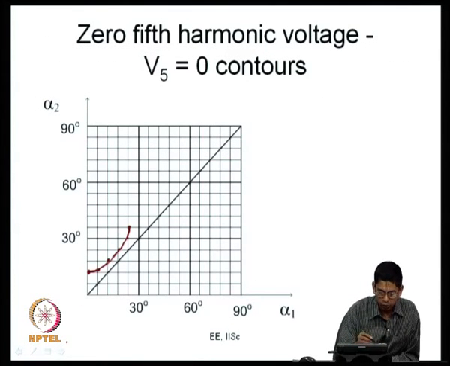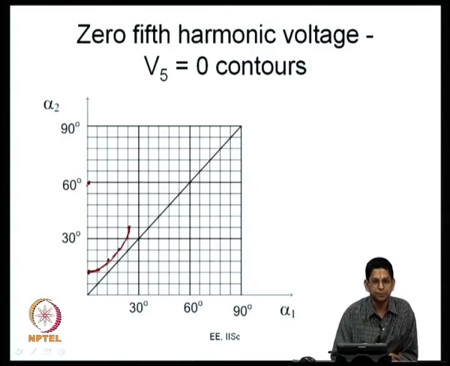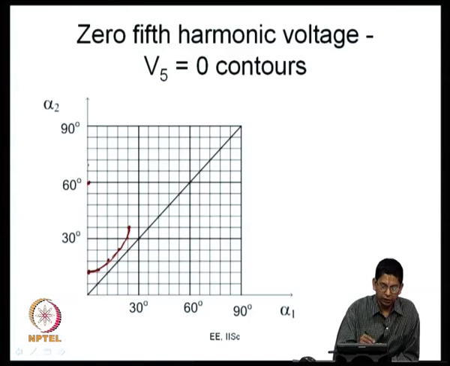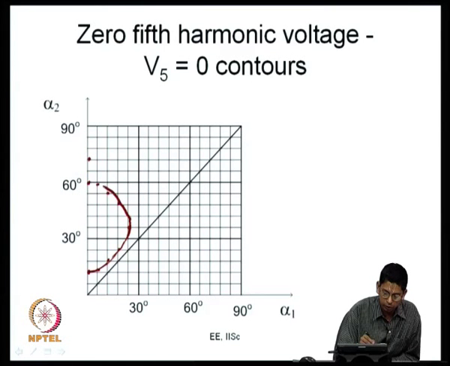So, at this point you also have one more point like this. In fact, if you consider all of them, there is not just 300, 420 degrees is also a solution. 5 alpha 2 is equal to 420. So, that is 84 degrees. So, if you look at these solutions, the next solution may really go beyond the range of our interest now. So, let us stop there. If you consider all those points, you will get these points also here, and what you will have is really a curve going around like this.